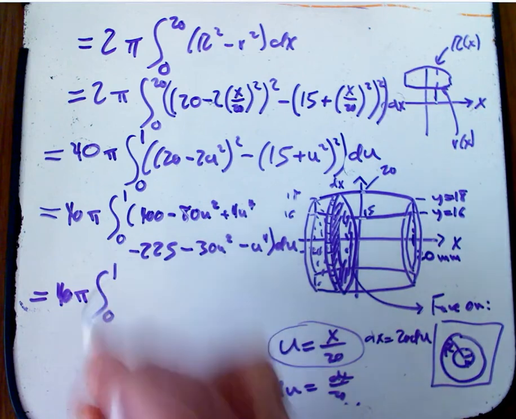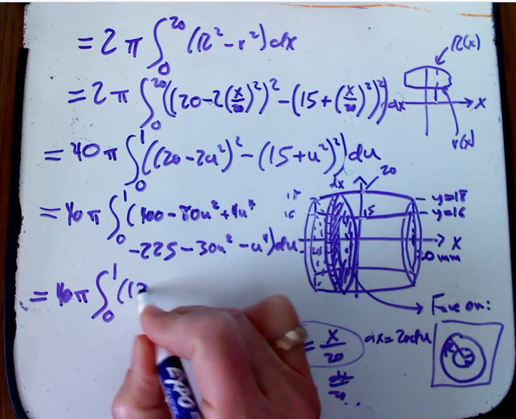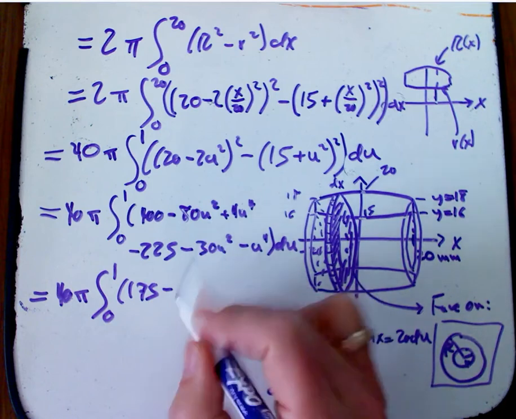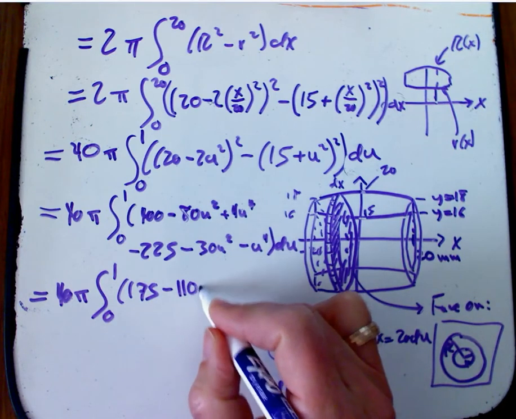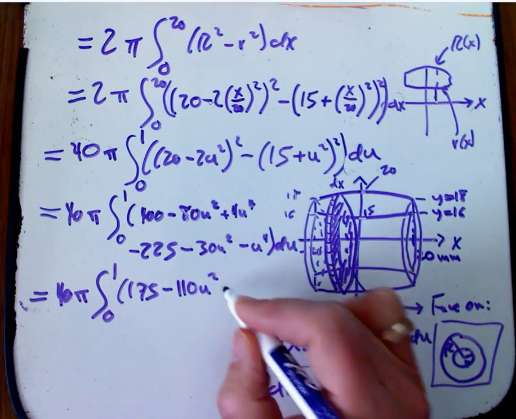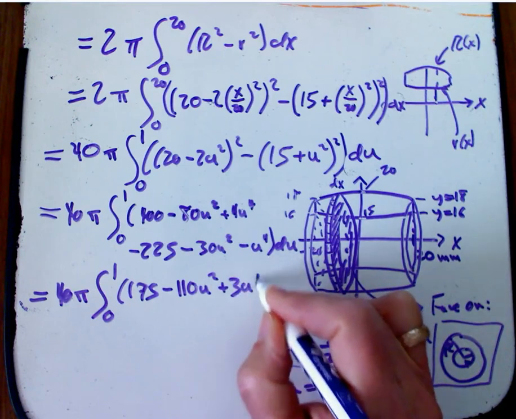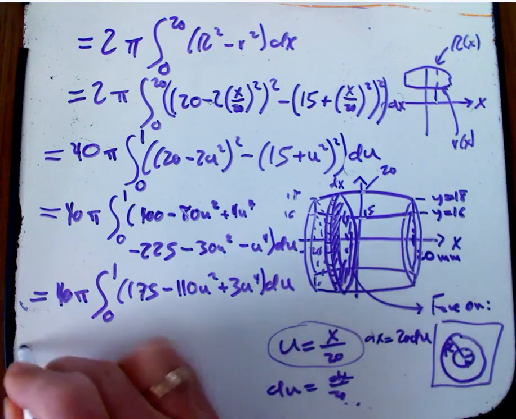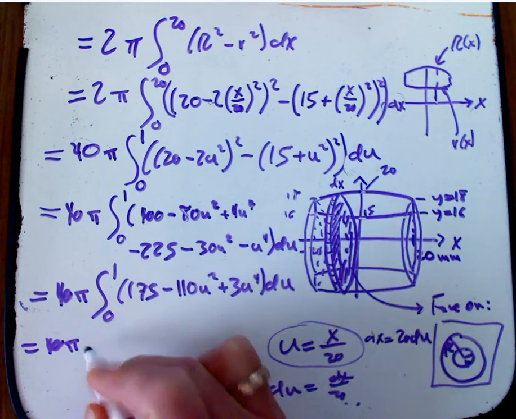We're just going to collect. So we're going to get 175 minus 110 u squared plus 3u to the 4th du, 40 pi,